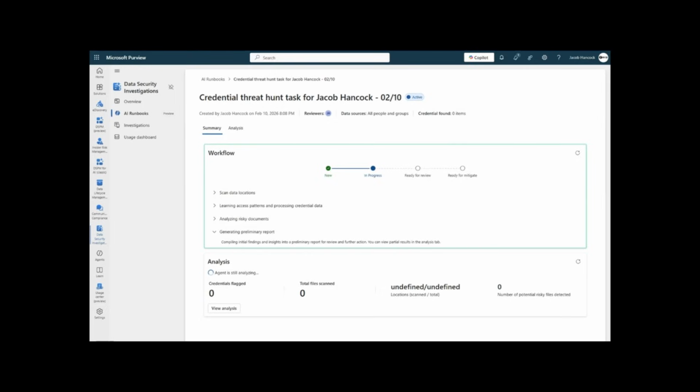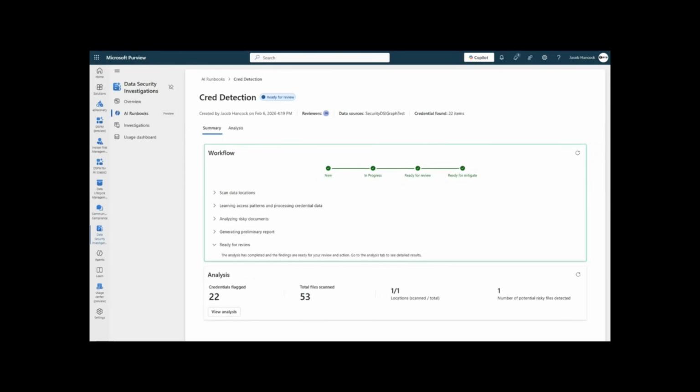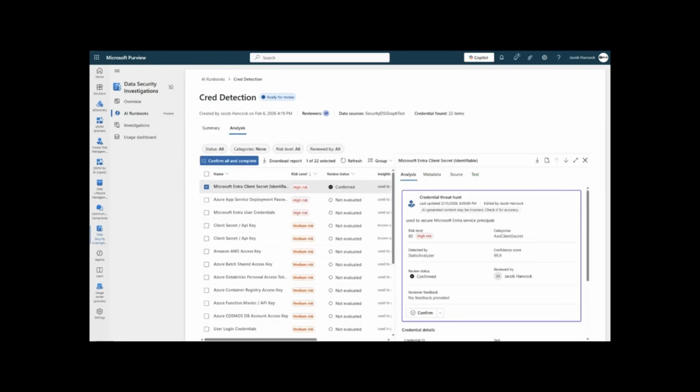And again, I took a couple of screenshots. I was doing this Tuesday night, and it starts crunching. It starts looking for whatever you told it to hunt for those risks. It starts to analyze that data, and I skipped a few screens. Here I was jumping between different agentic workflows that I ran. So this one was from last week, but basically, eventually it completes, and then you can click on it to review what it found. I told the agent to go hunt for those risks, and it comes back with an assessment. And again, I can sort by risk level.